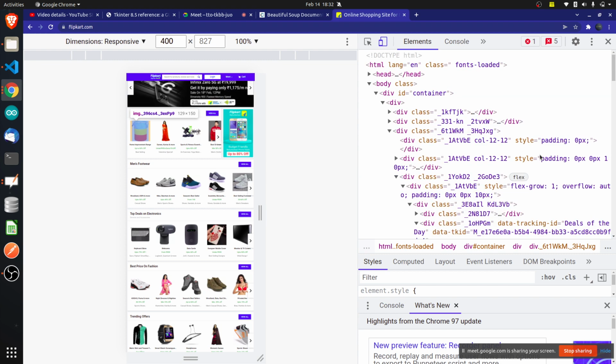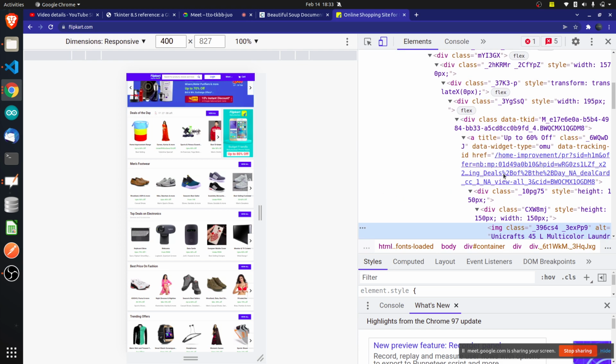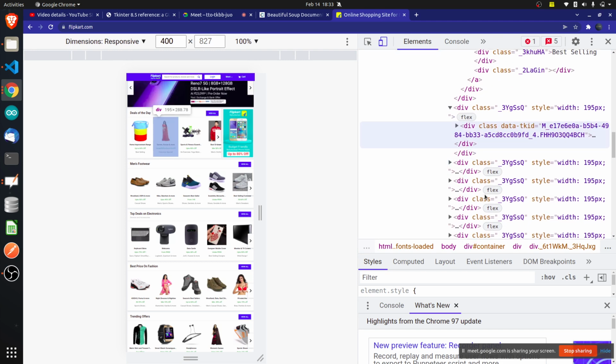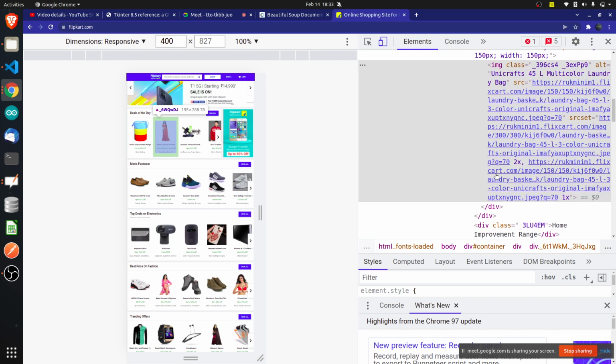Because actually what we'll do is, see here, this is the whole HTML program for whatever page you're seeing here on the screen. This is the whole HTML program for that. This is very big. See here, all those tags are closed, so you are not able to see it, but this is very big. Every tag is again nested inside it.